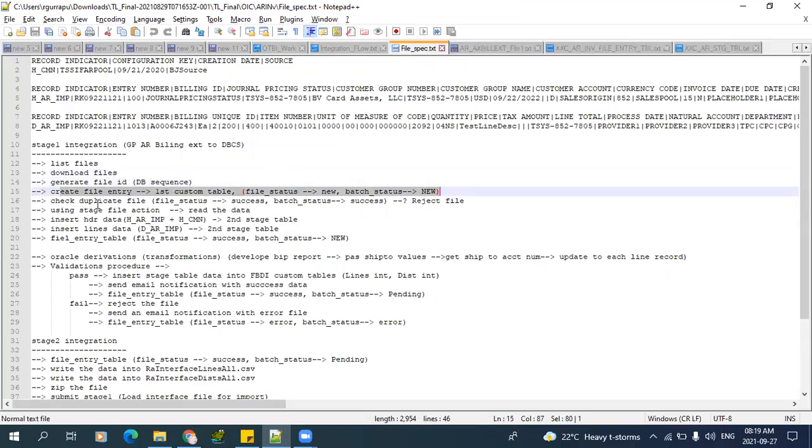And then immediately I'm verifying, check the duplicate file. I'm verifying whether the same file name is available in my custom table with the file status of success and the batch status of success. If this combination is already available, then I need to reject the file, and send an email notification, duplicate file. Okay. Now, if there is no duplicate file,